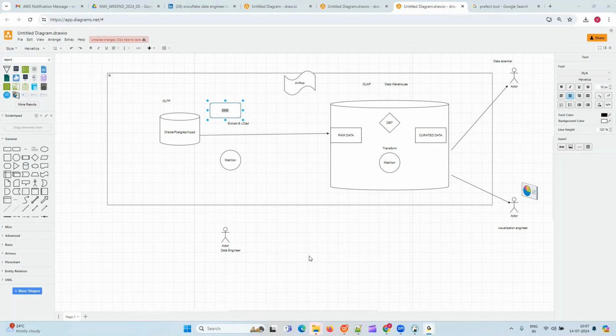First of all, DBT, I think it will be a little advanced question, but I'll take it. DBT offers two different versions: DBT Core and DBT Cloud. DBT Core is an open source version. You don't need to pay any money for that. DBT Cloud is a paid version, generally used in projects, but DBT Cloud also has a free trial account. The basic fundamental concept of DBT is the same, but in DBT Core you only work with commands, and in DBT Cloud you have a nice user interface. So you can choose anything because internally the code is the same.